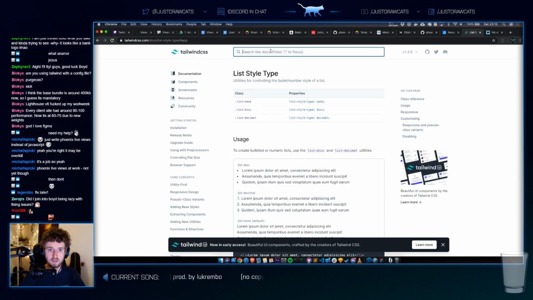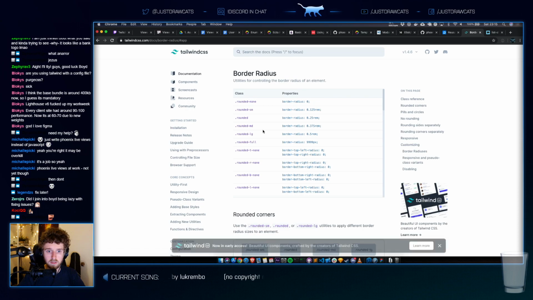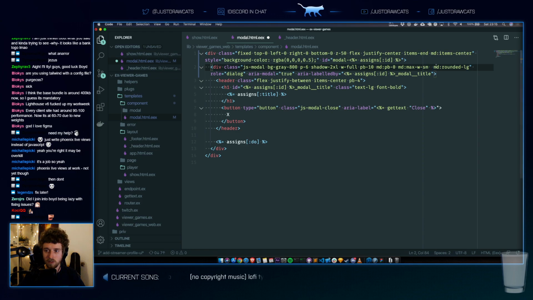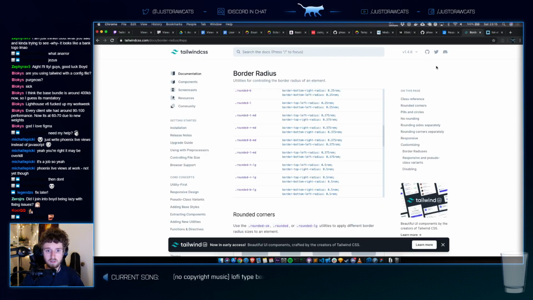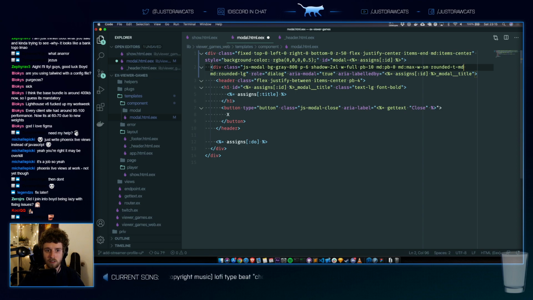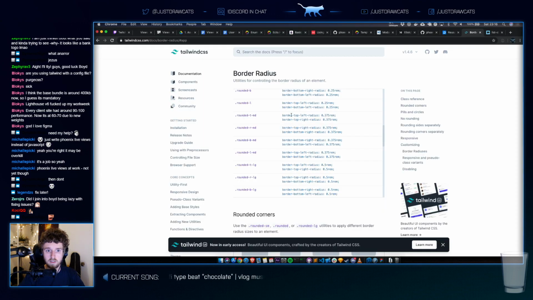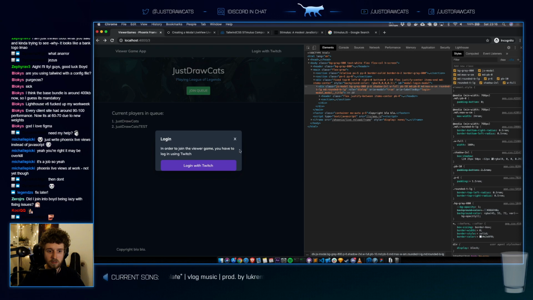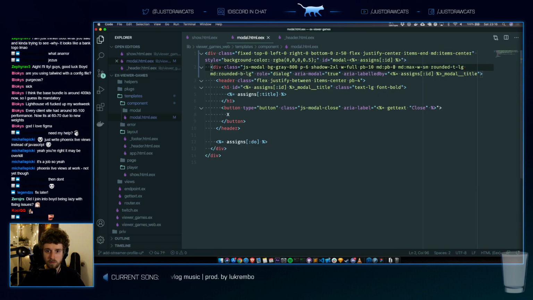So rounded top, rounded T, MD. And then on MD, we want rounded bottom to be... Oh, it's LG. So we have no bottom corner. Oh, okay. Hold up. With P6, P6 is already here right now.